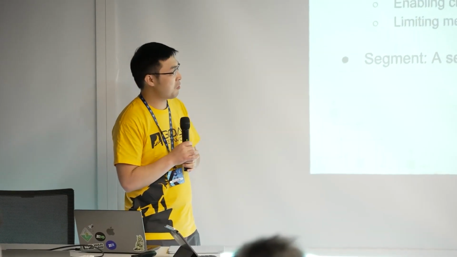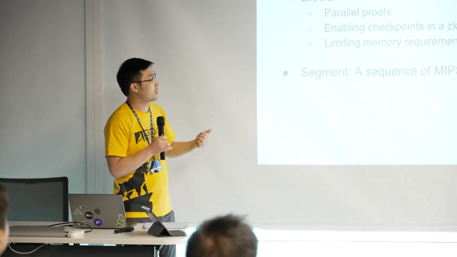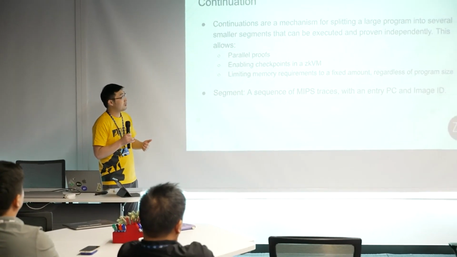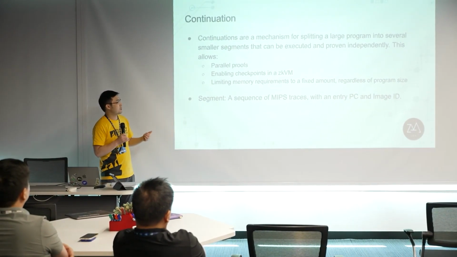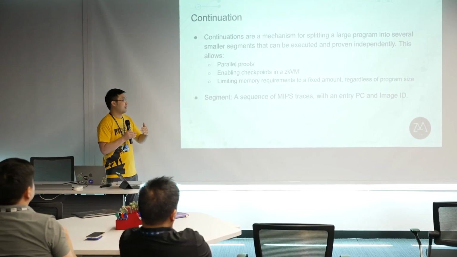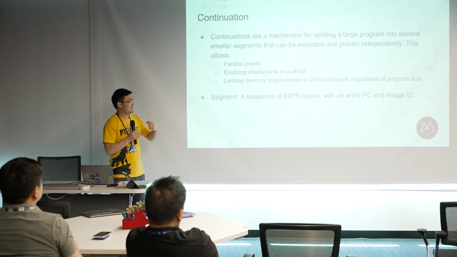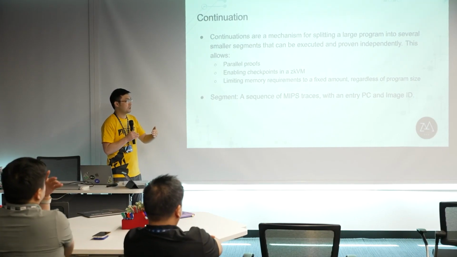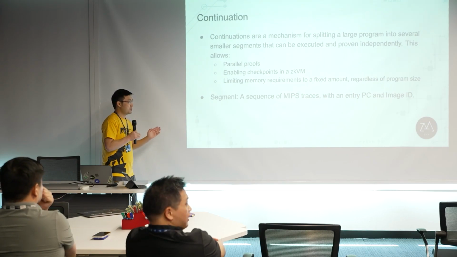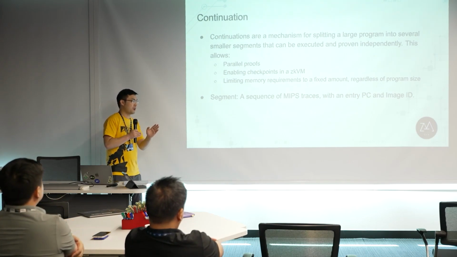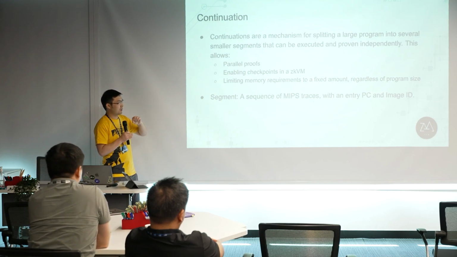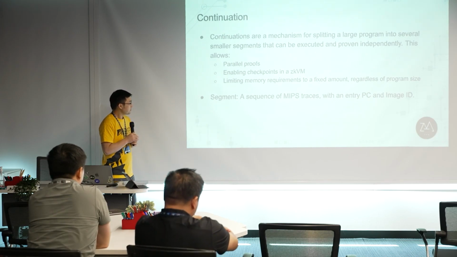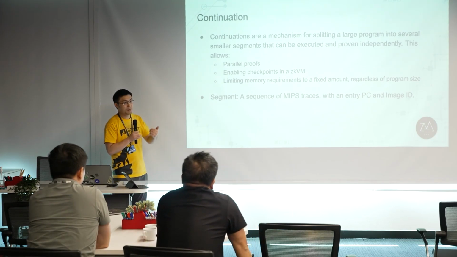Okay. Another very important optimization is the continuation. I think it's well known for most people right now. It helps us to prove in parallel and enables checkpoints in ZKVM. That means when we prove some chunks, we don't need to regenerate the proof from the beginning. We can keep proving from some chunk, some segments, and it also can help us limit the memory consumption